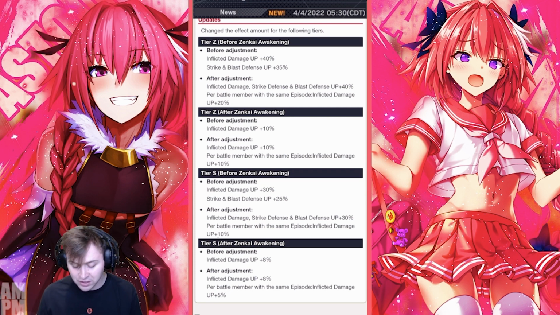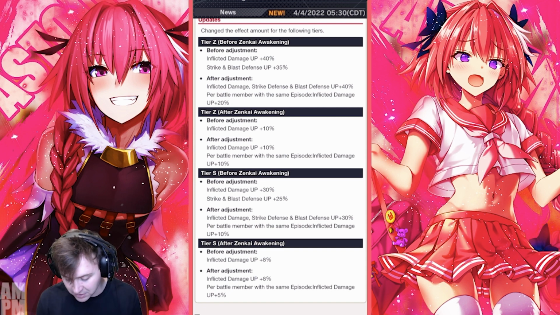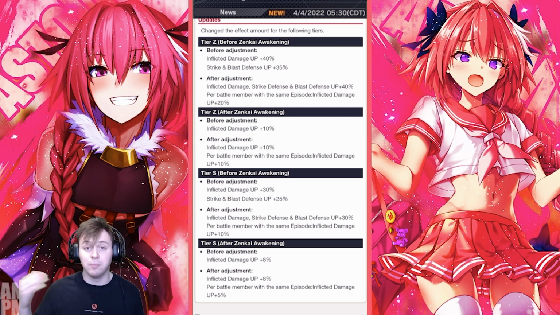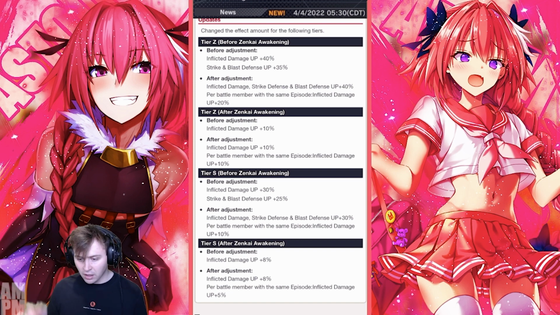And now after the adjustment, on Wednesday, when they make the change, inflicted damage, strike defense, and blast defense are up 40%. So instead of just having inflicted damage up 40%, they also made strike and blast up 40%. And then there's an additional buff it seems they've added: per battle member with the same episode, inflicted damage up 20%. So if you have a full team of...